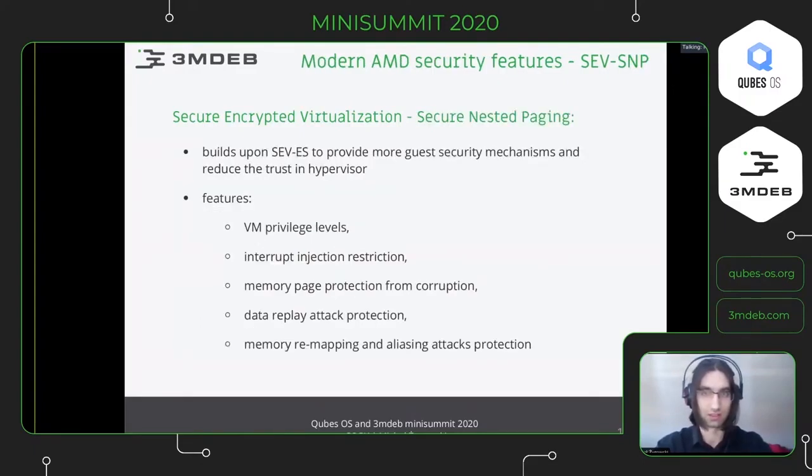Another extension is the secure nested paging, which builds upon SEV-ES to provide even more guest security mechanisms and reduce the trust needed in the hypervisor. If you want to protect from a malicious hypervisor, one should leverage all these features. So the secure nested paging provides the following features: VM privilege levels, additional privilege levels available for the guest virtual machine, which allow using certain privileged functions and instructions inside the guest virtual machine without any intervention from the hypervisor.